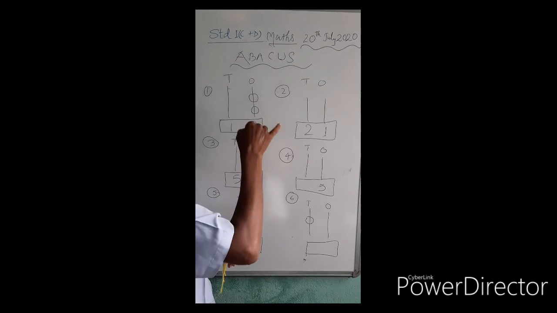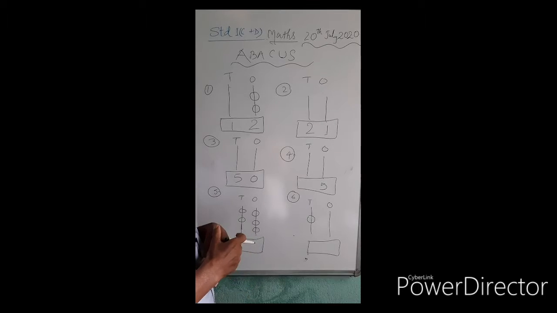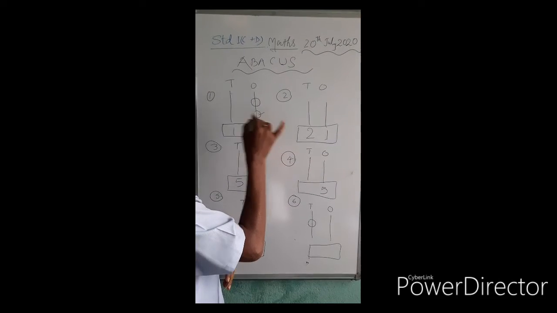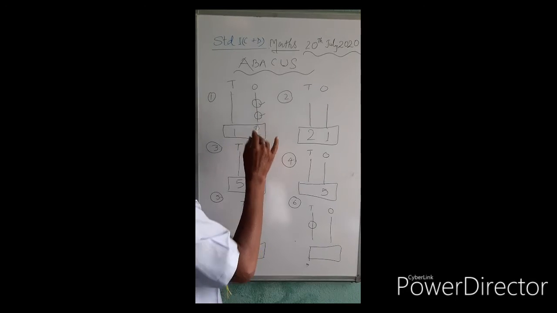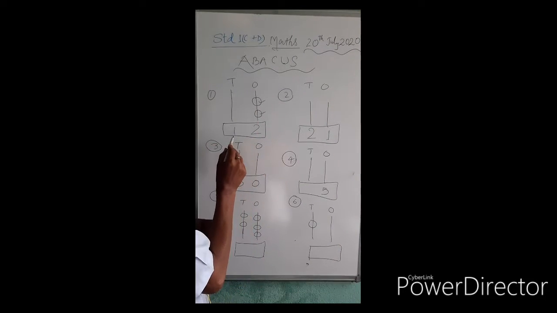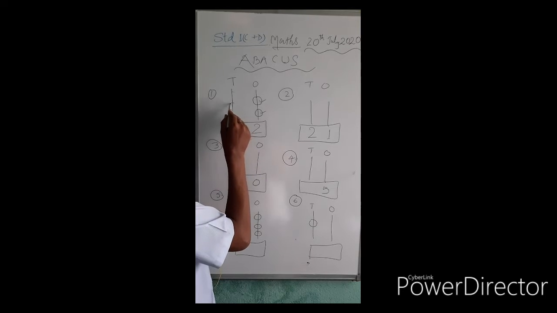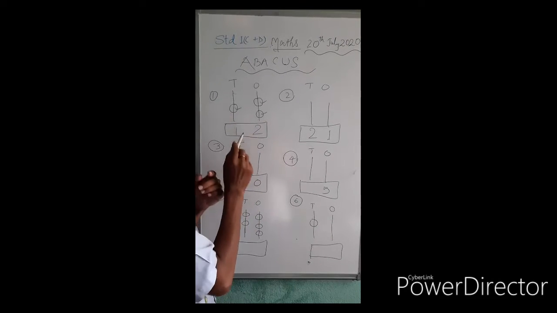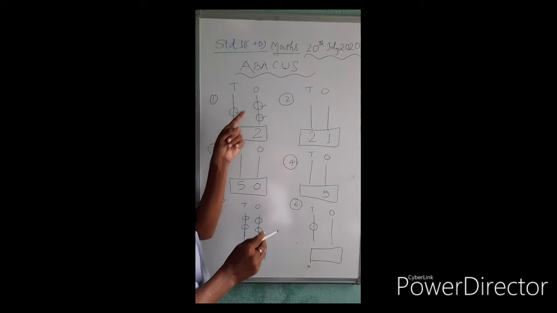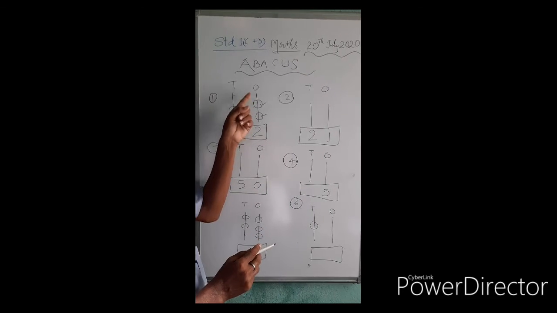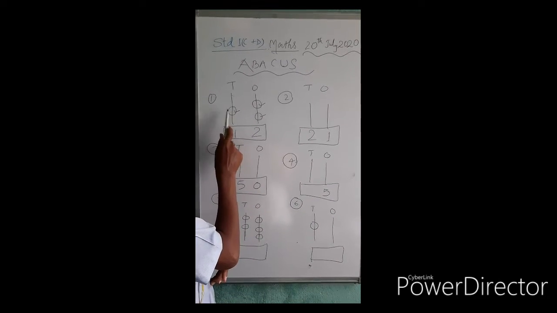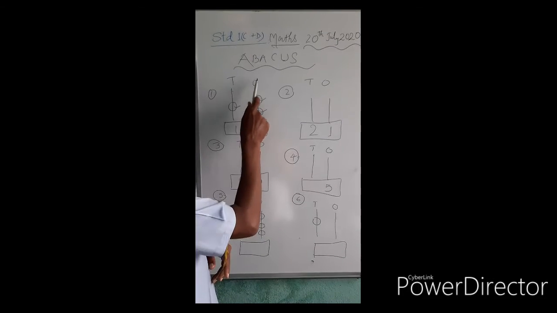We call it ones. Its value is only 1. 1, it is 1, it is also 1. Its value is also 1, but this is 1, and we draw only 1 bead. But the value of this 1 bead is 10. This 1 bead is equal to 10 beads of this spike. So 1 bead of this is equal to 10 beads of